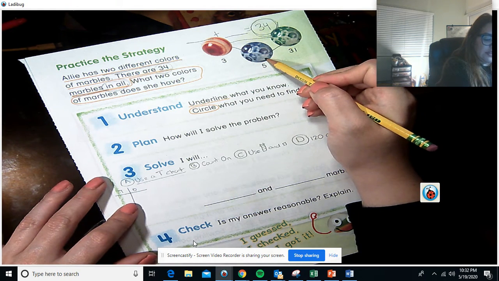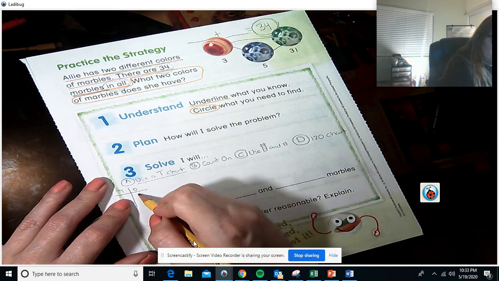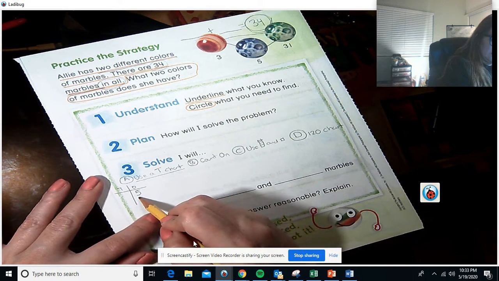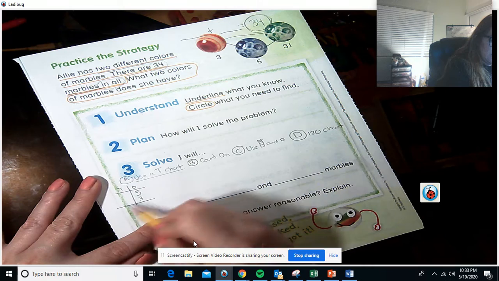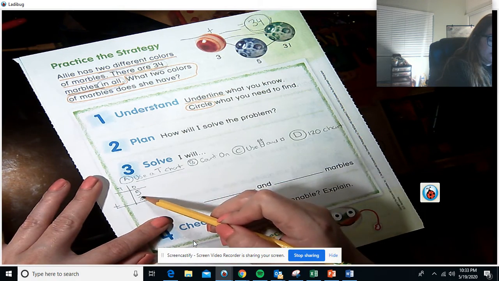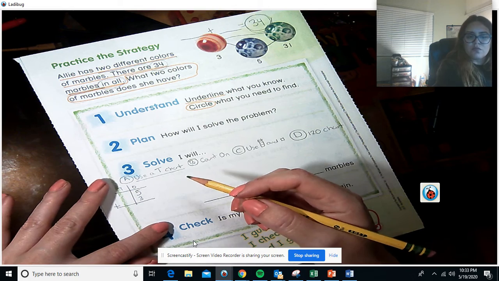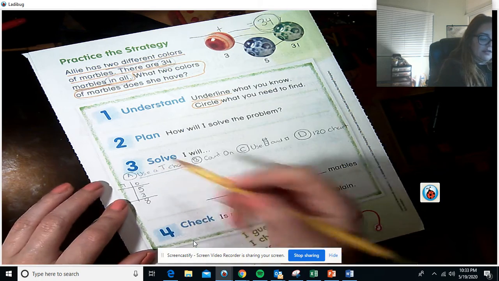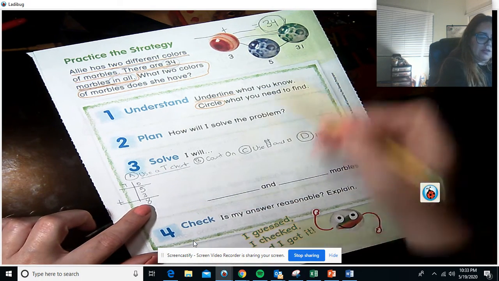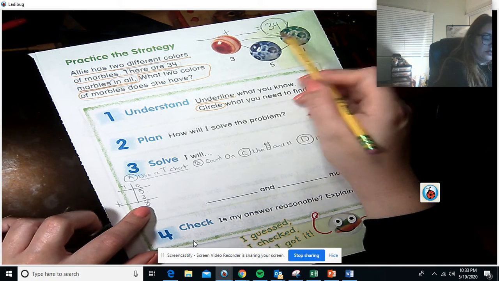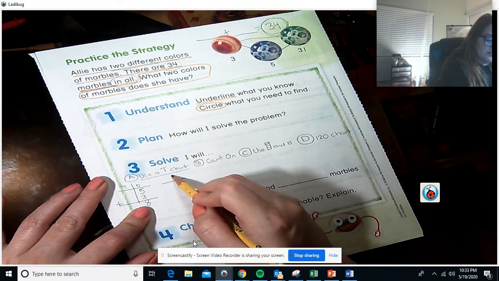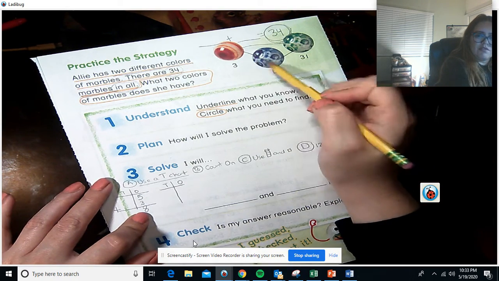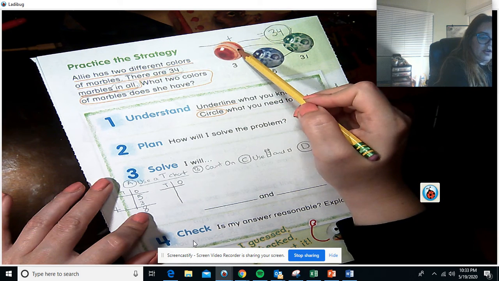Does 5 have any tens? No. So we're just going to put 5 plus 3. 3 doesn't have any tens either. They're just ones. So 5 plus 3 is 8. And there's nothing on this side, so we leave it. Okay, that can't be my answer because I want it to equal 34. So then I'm going to try another combination. Tens and ones. I tried these 2. That didn't work. So now I'm going to try 3